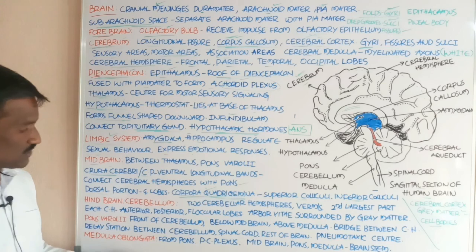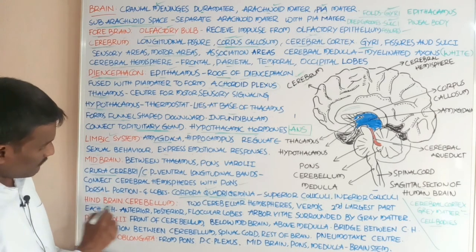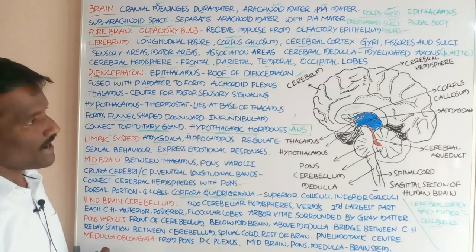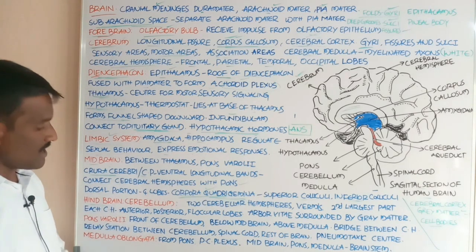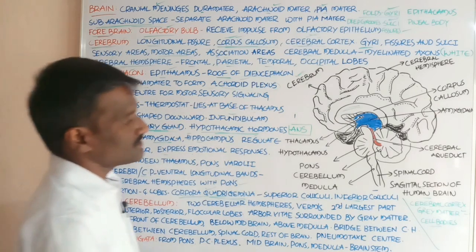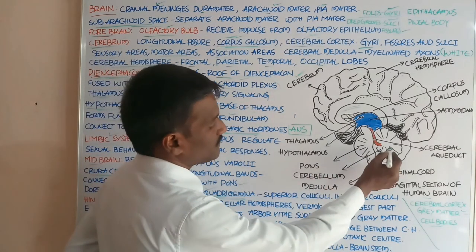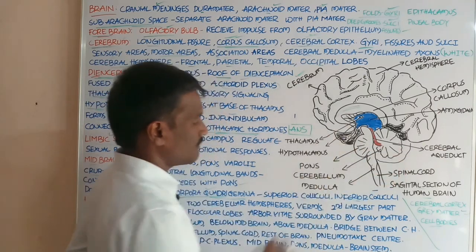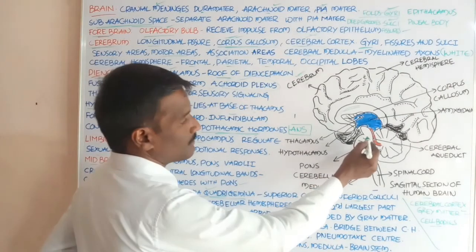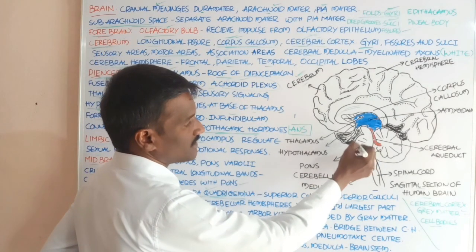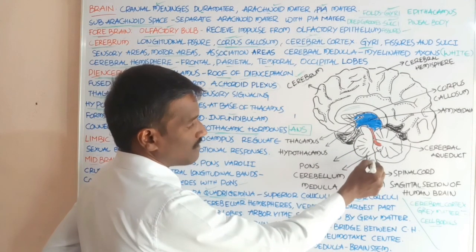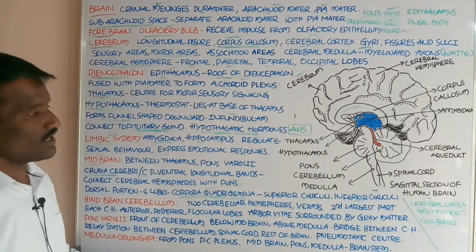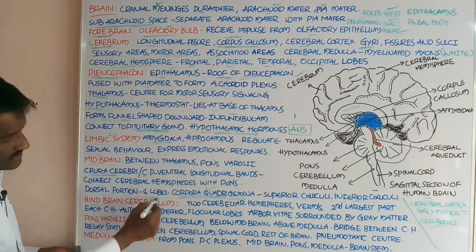Okay, student. Next, the hindbrain. The hindbrain mainly consists of 3 parts. One is the cerebellum, the entire part shown here. Next is the pons, this region. And the last part is the medulla. Okay, student, and what about the cerebellum?